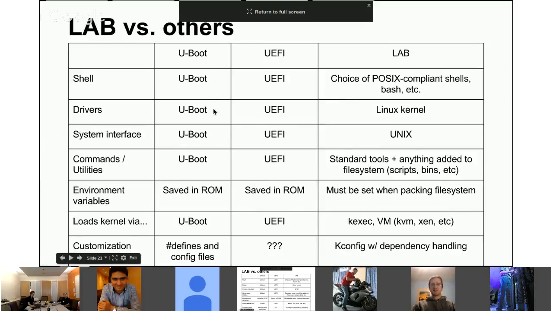Drivers, same story. Drivers for U-boot are written for U-boot. Drivers for UEFI are written for UEFI. Drivers for Linux-as-bootloader are written for Linux. System interface, same deal. You can get something that's specific to the firmware core, or you can get something that you're targeting for your users that they're going to use and interface with every day, and you can have the full power of that, and you don't have to spend a lot of time developing something that's just going to be used for a niche scenario. Command utilities,